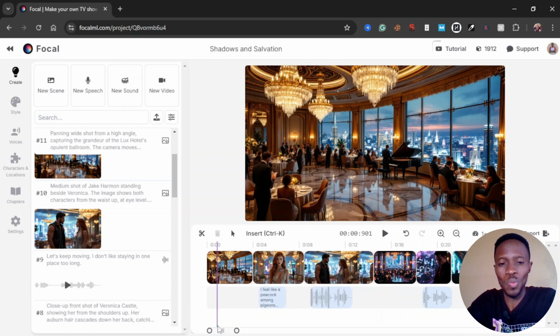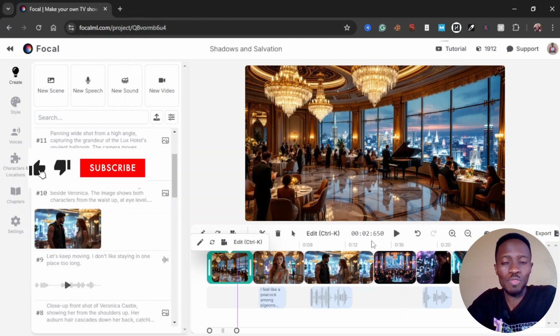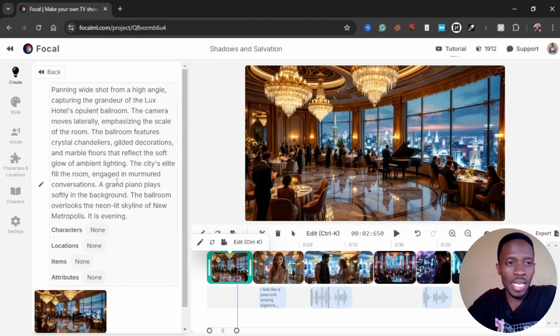I can't even imagine how or what's happening here. But it doesn't just stop here, because all we have right now are the images. And if you like what you see, let's say this part is one that, well, I don't know what's happening here. I mean, this looks like a place where the rich attend events. I don't know. But if you don't really like something here, you can always click on edit, and it would